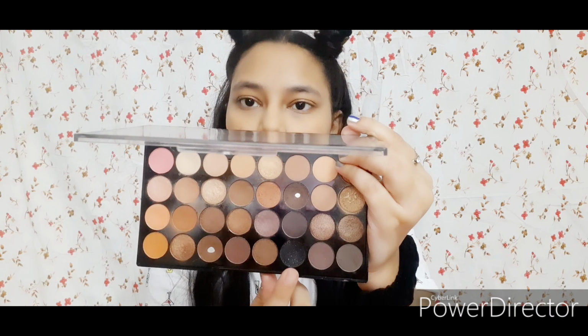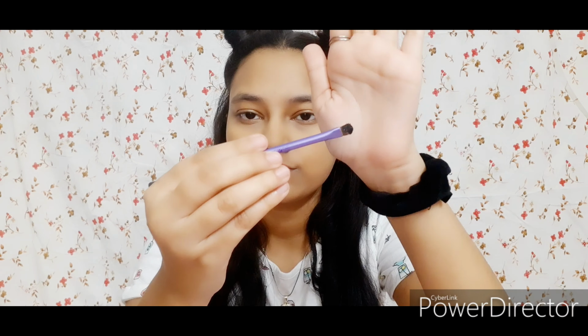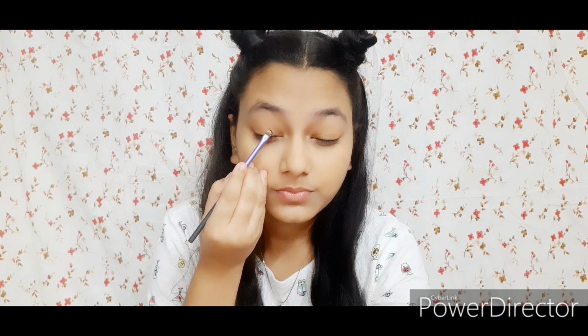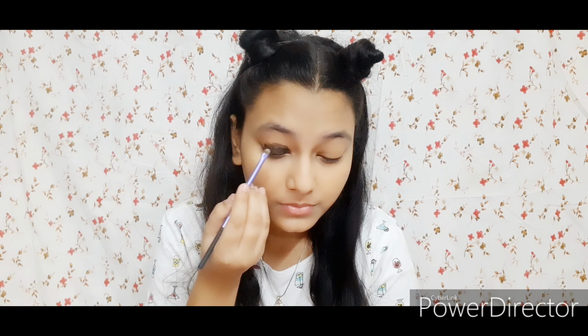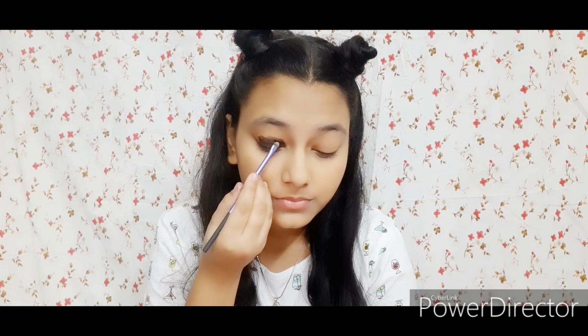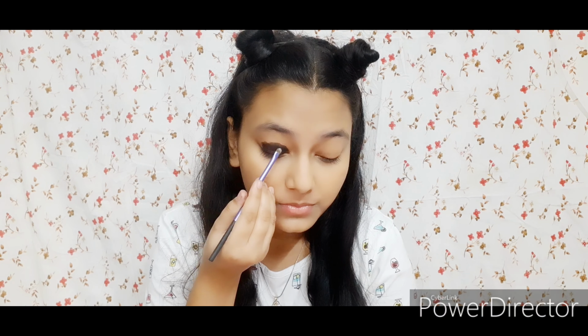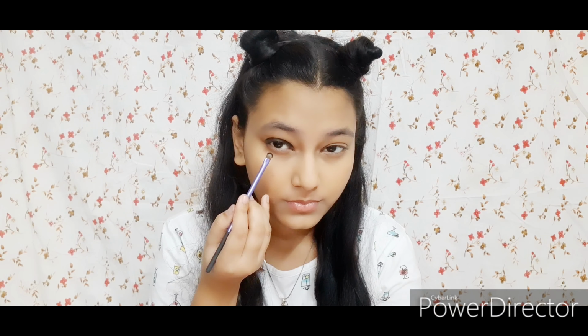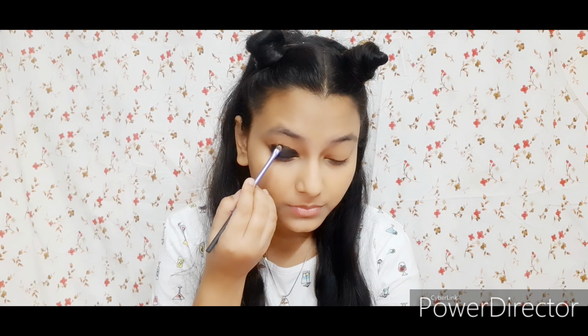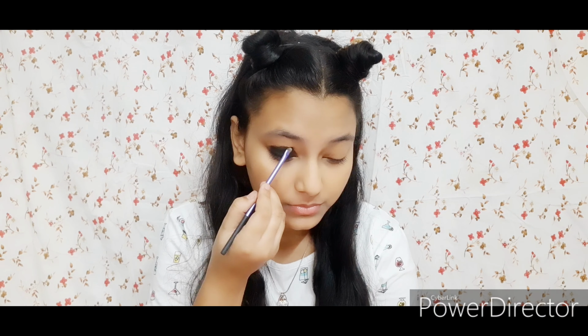And now moving on to eyes, I am using again the Savannah Colors palette, and I am using a flat brush actually today, a more precise flat brush, taking the darkest, the black shade first, because today I'm doing a smoky eye look. So yeah, first of all we'll start with the base of the eyelid. We'll apply the darkest color there, and then we'll keep moving on to lighter shades as we move up and